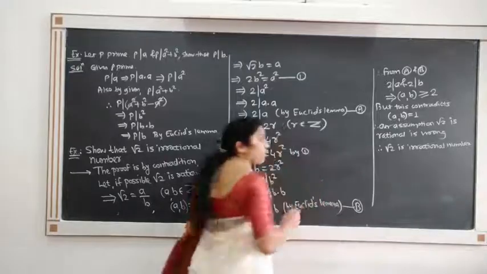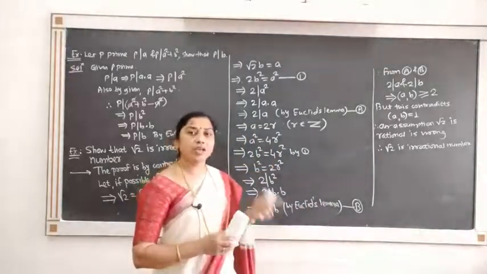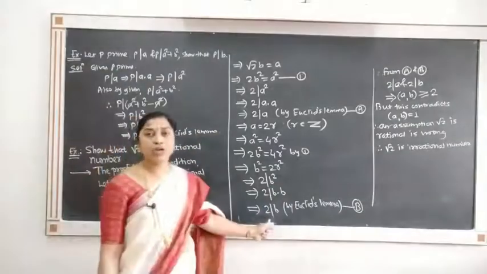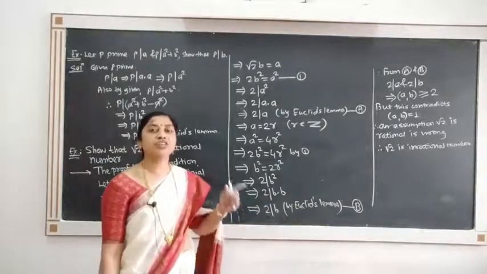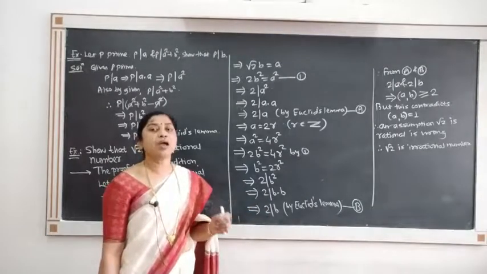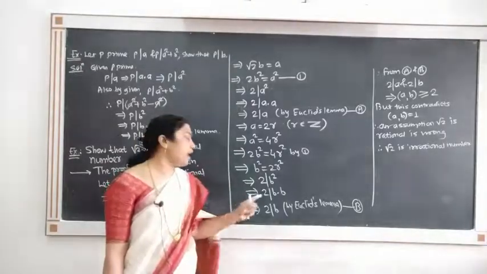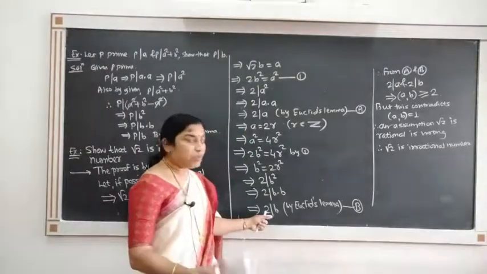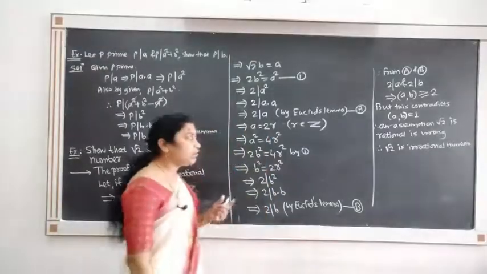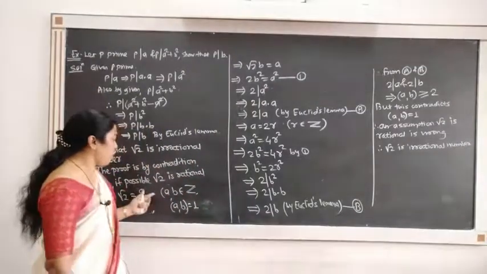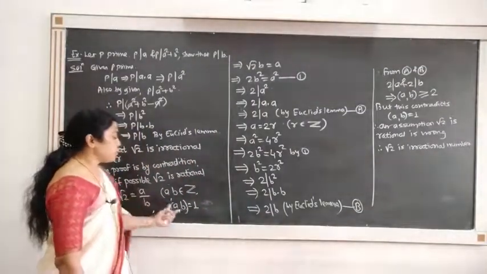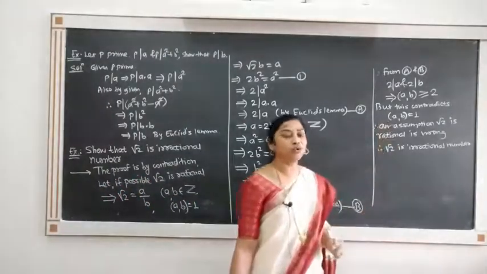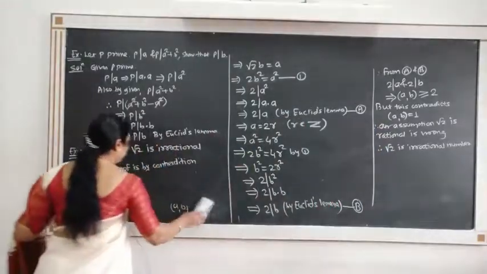So root 2, root 5, root 7, all these are irrational numbers, and to prove that it is an irrational number, we can use Euclid's lemma, because we know that if p is a prime and p divides ab, it must divide at least one of them. So using that, we have proved that it divides a also, it divides b also, so obviously the GCD will be greater than or equal to 2. But while writing a fraction, we don't have a common divisor, so GCD of a and b is 1. We get a contradiction to this statement, and therefore root 2 becomes an irrational number.